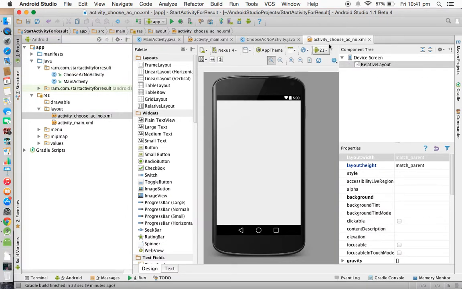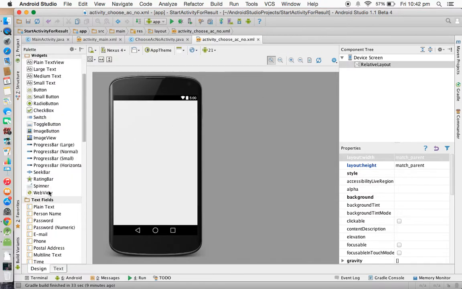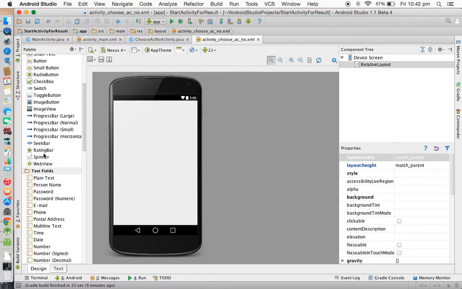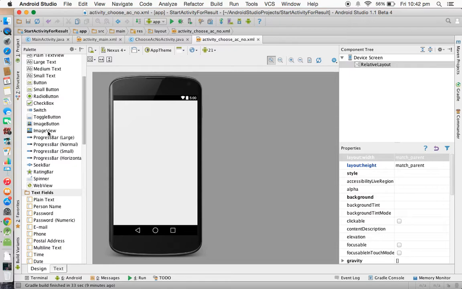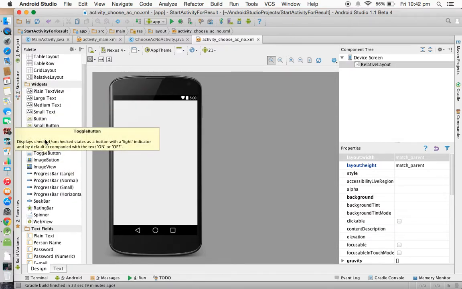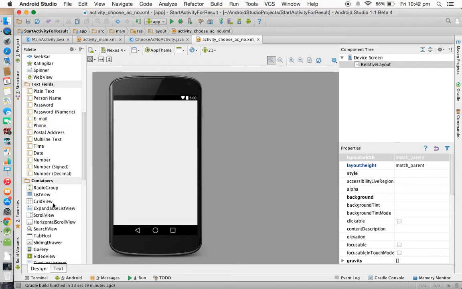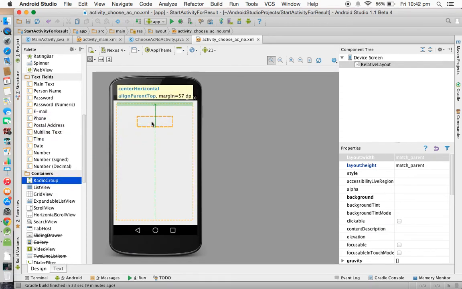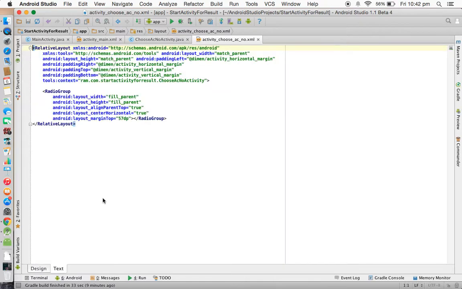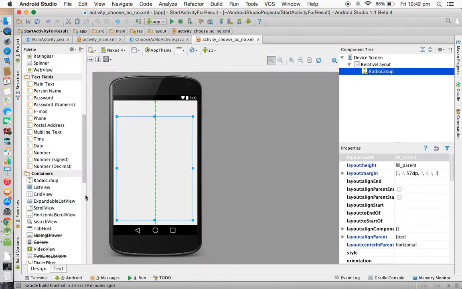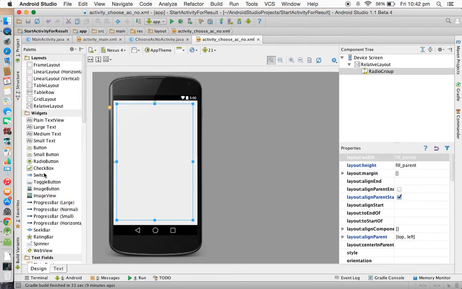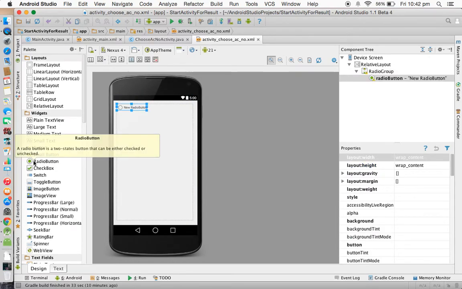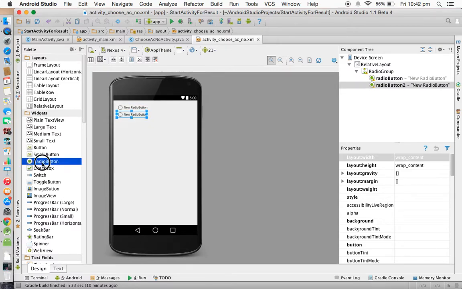So what I'm doing here is taking the radio group. Here a radio group is available. Right, I have taken the radio group. There were no radio buttons in this radio group, so inside it we are going to drag and drop the radio buttons. Why? Because only then you have the concept of selecting one radio button out of many. Two, one more,